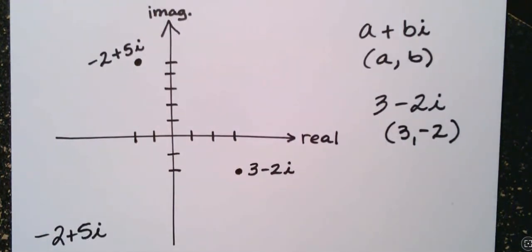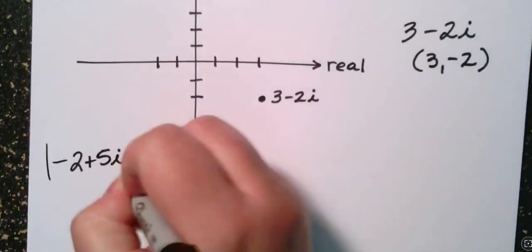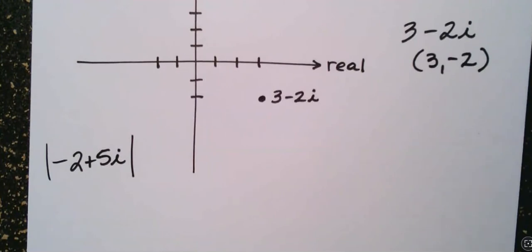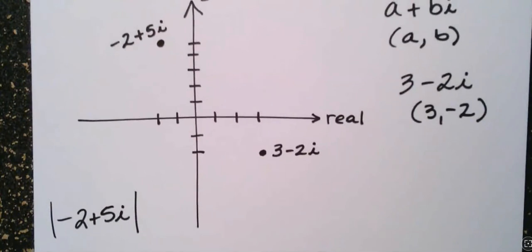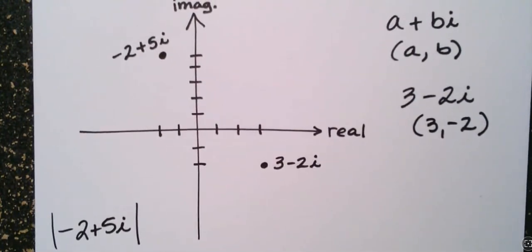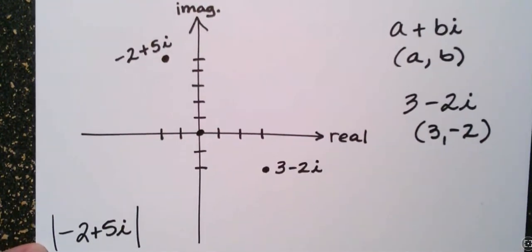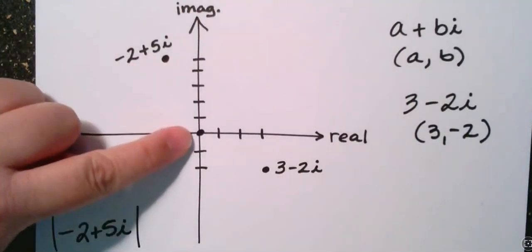Now, the next thing is finding the absolute value of a complex number. And that looks something like, let's actually take this one. Just putting absolute value around the whole thing. Okay, so here's the thing. Remember that when we talk about absolute value on the number line, the meaning of absolute value is distance away from 0 or distance away from the origin. Well, so here is my origin. So if I want to know how far this point is from that point,